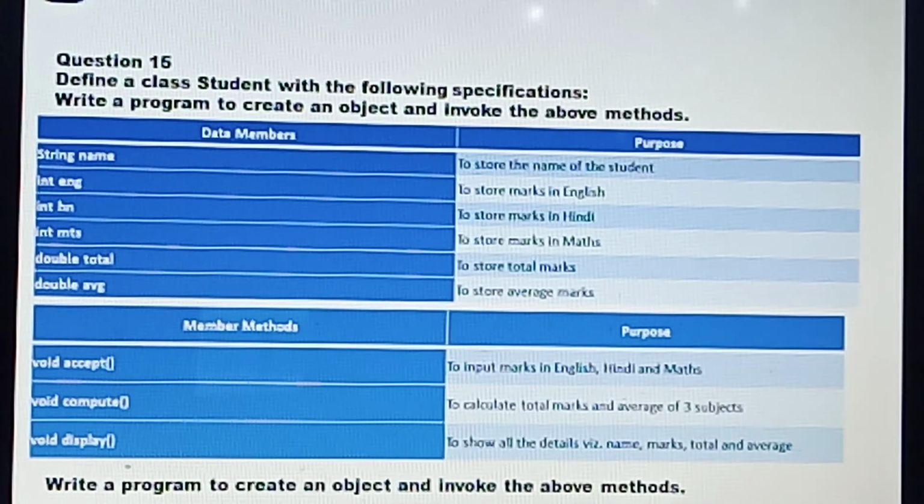Data members: string name, to store the name of the student; int eng, to store the mark in English; int hin, to store the mark in Hindi; int mts, to store the mark in Maths; double total, to store the total mark; and double avg, to store the average mark. And member methods: you have to accept the input marks in English, Hindi and Maths, and